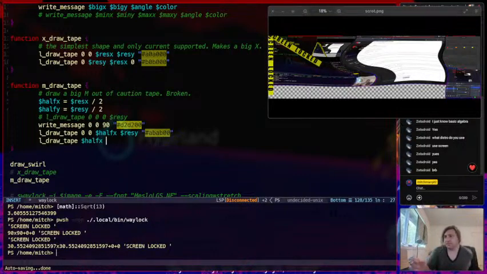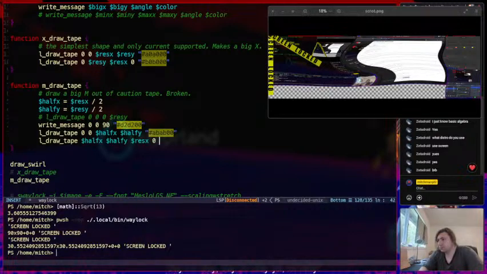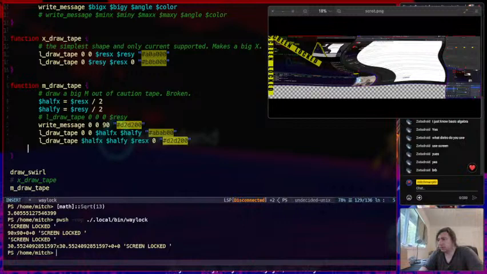Oh, I want half y. So then we start from half x, half y, and then go to res x, 0. And we make that this color, and then we write